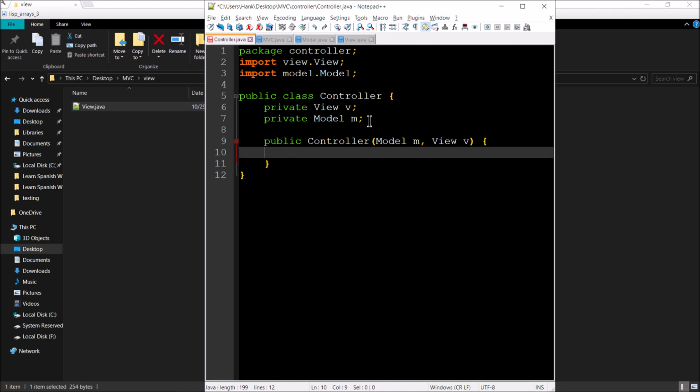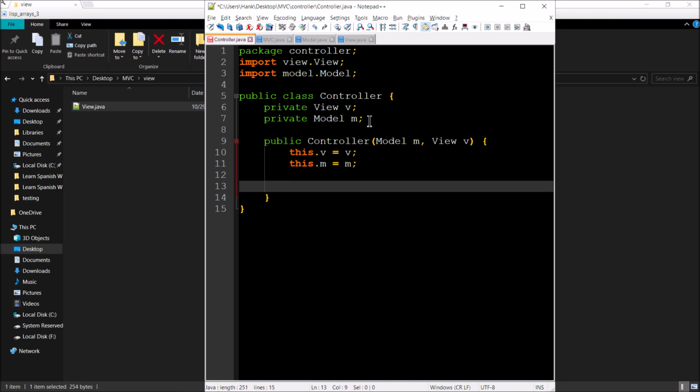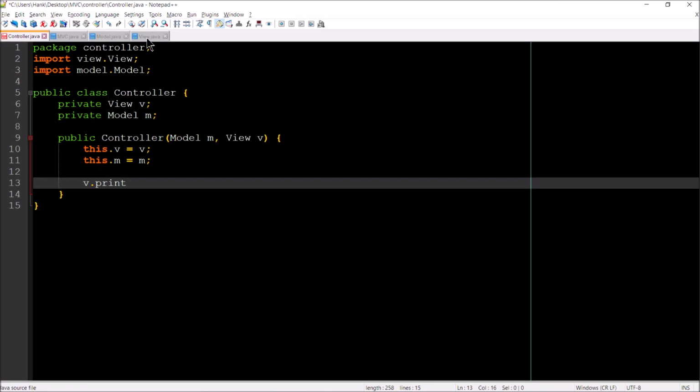Okay, so let's go ahead and set this view equal to V, and we'll set this model equal to M. And then from there, we'll implement the logic of the app within the constructor here. So what's it going to do? Well, first thing we'll do is ask the view to ask the user for a number. So we'll say v.prompt. And why is that going to work? Well, that's going to work because